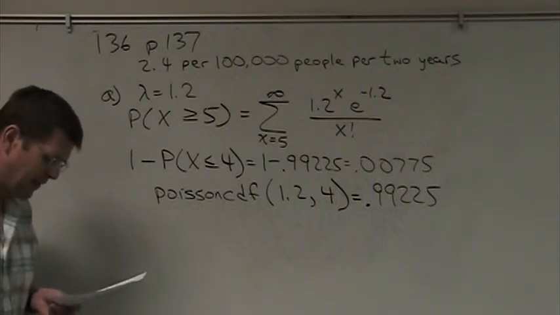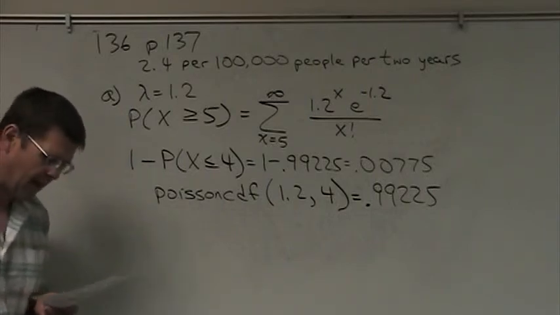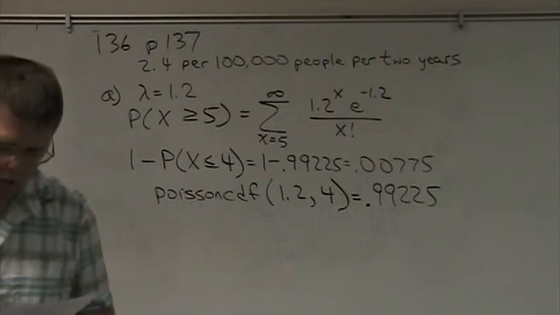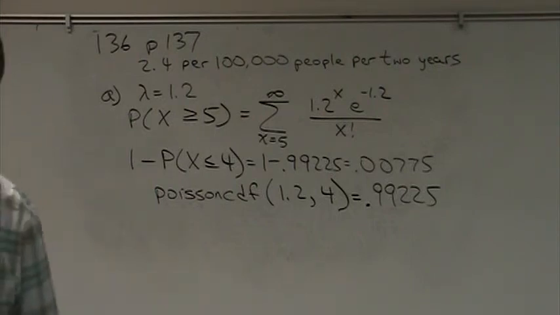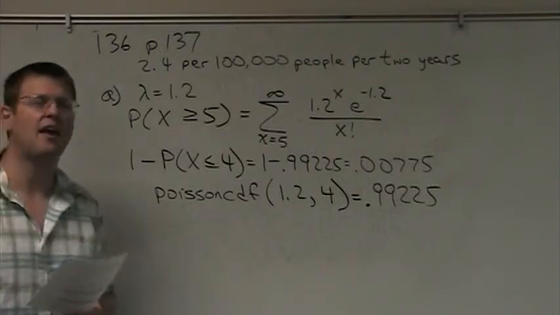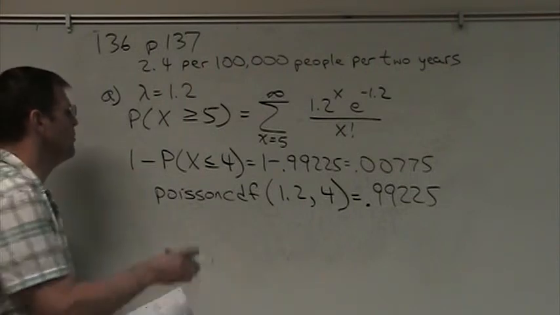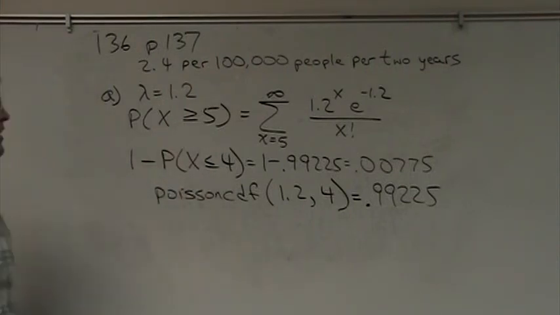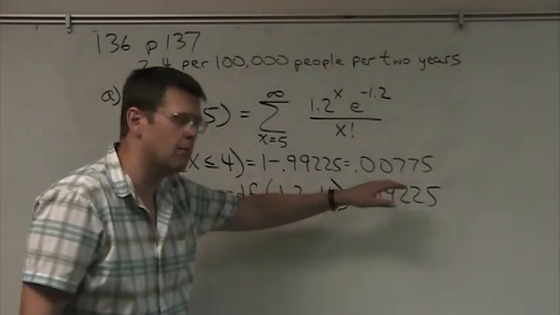As far as Part B is concerned, it says if 100,000 cases from Colorado are reviewed for this year and the mean number of E. coli cases exceeded 5, would you suspect that the state's mean E. coli rate has changed? Okay. Well, what this is saying right here is the probability of seeing 5 or more cases when the rate is 1.2 cases per 100,000 people in a single year. It's this number right here.